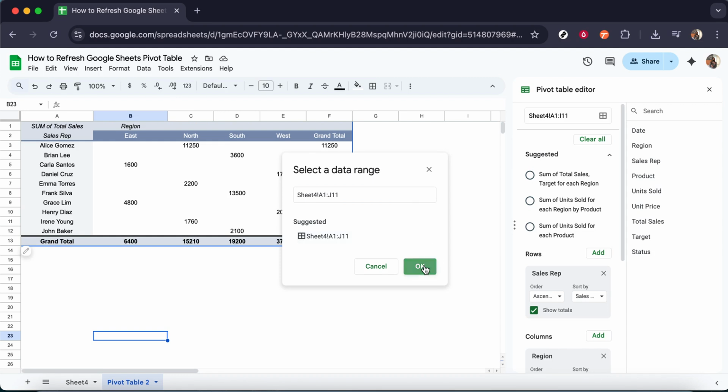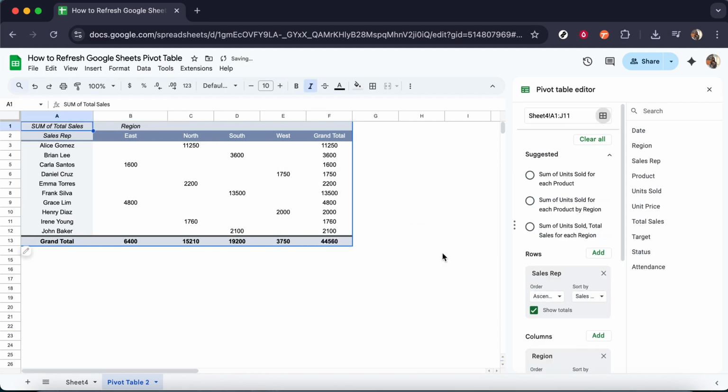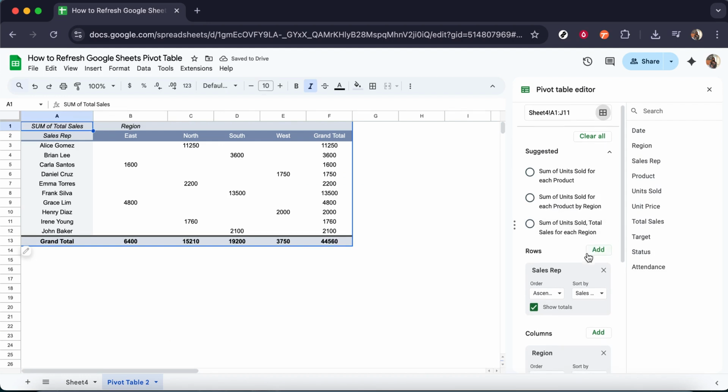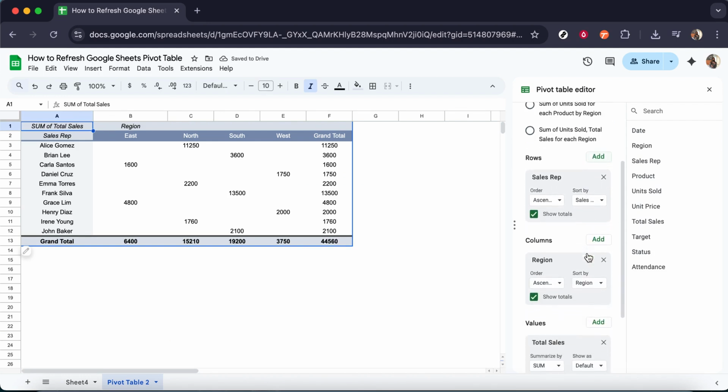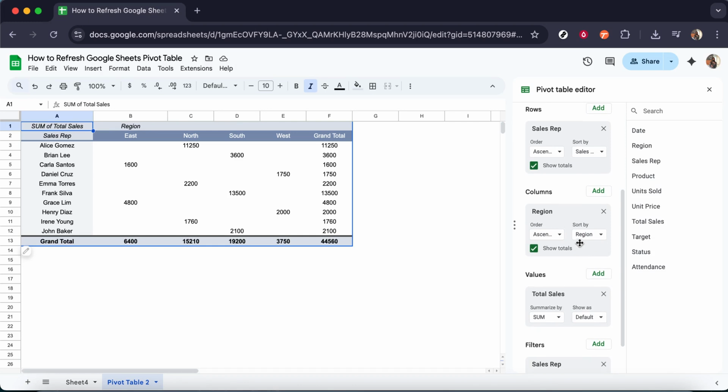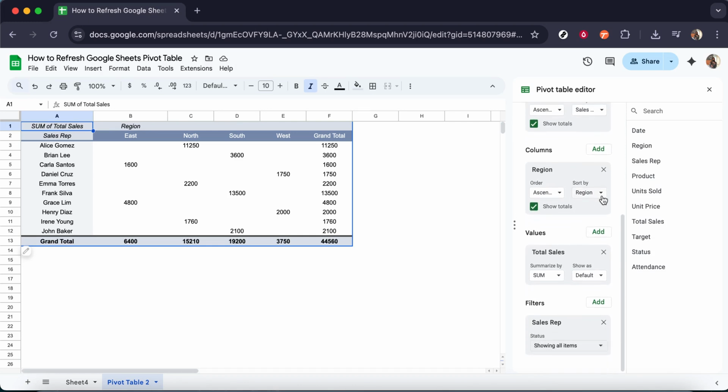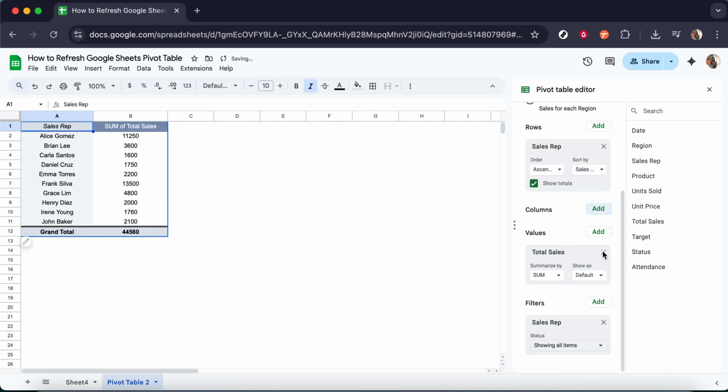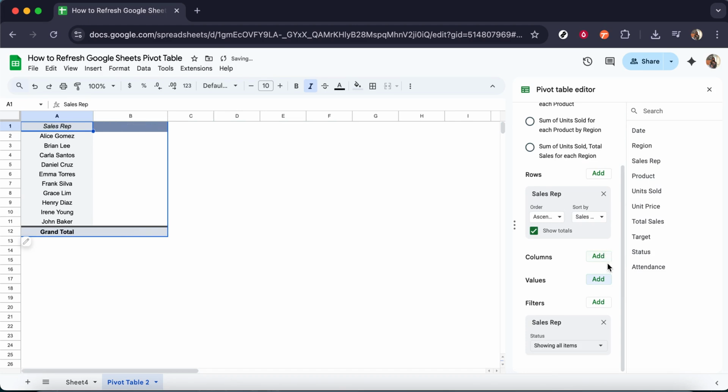Once you have included all the necessary data columns, confirm your selection by clicking OK. And just like that, your pivot table has been refreshed and updated. You have now successfully included column J and all its data into your table. You can proceed to work with your pivot table, adding any further modifications or exploring the insights it yields with